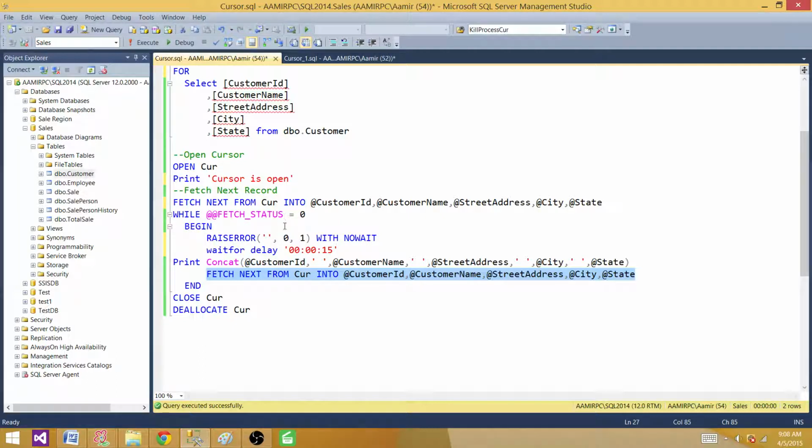So once there are no more records in the result set, it will come out of the loop, and then we close the cursor, and then we deallocate, remove it from the memory.